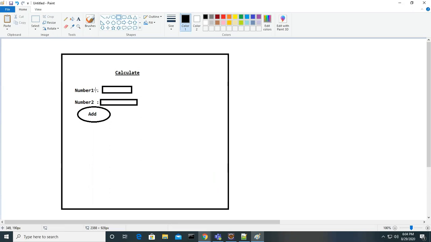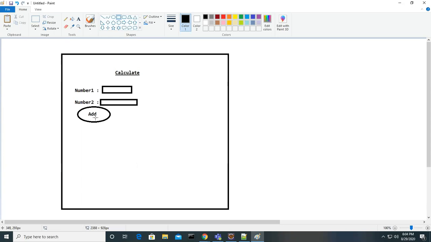The request has to go to the server with these two details, I mean, number one and number two I entered in the form. So first I have to design this form, and when I enter the details, those details have to be sent to the server. The server has to take this input and calculate the addition of those two numbers and respond.